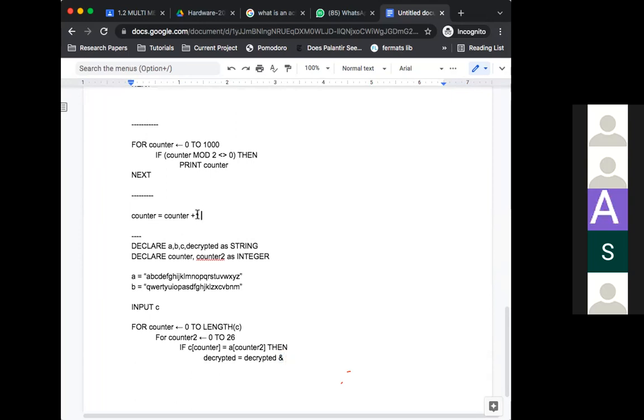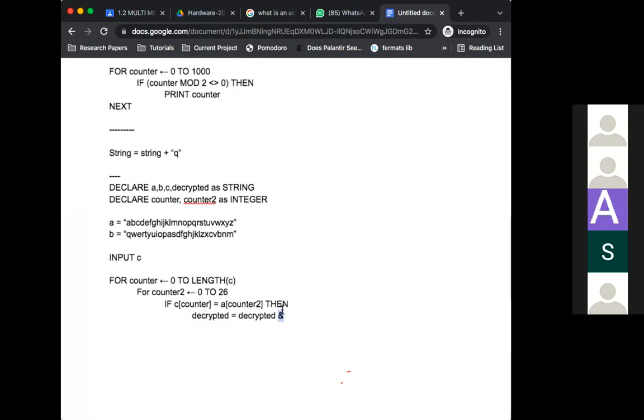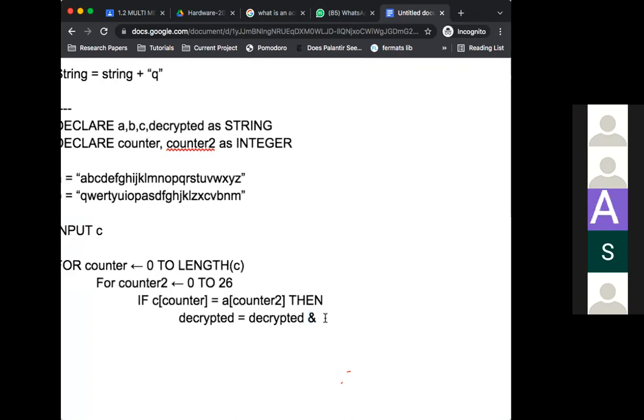So in Python, you could have a string called string, and string is equal to string plus q or something. So in this loop, every time you're adding the character q to your actual string. So in pseudocode, this will become an and, which is this, right? So you'll do decrypted and